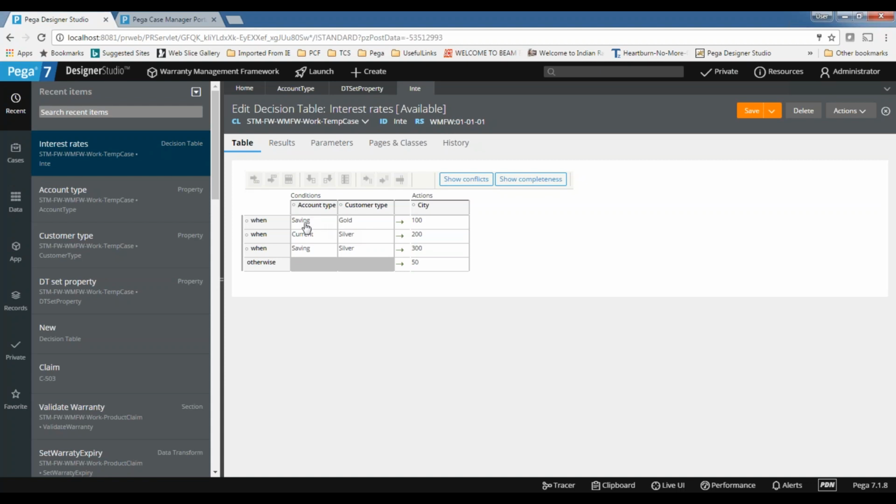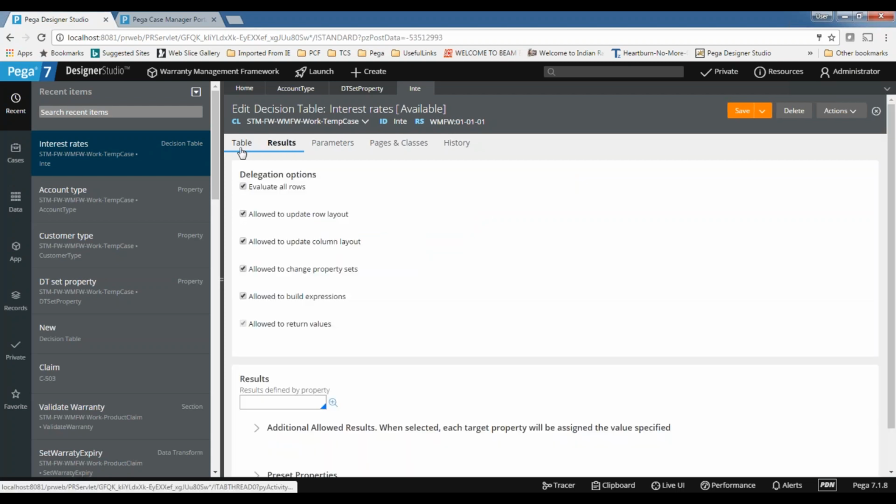Different parameters I will consider, and I will give the weightage here. So when the revenue is 100, and the customer type is something, I want to give the weightage 10. Like that, I will set different ranges, and for each range I will give the weightage. For whichever offer gets the most weightage, I will give that offer to the customer. So during weightage building, we will use this kind of evaluate all rows. Otherwise, in normal scenarios, we have less chance to use evaluate all rows.